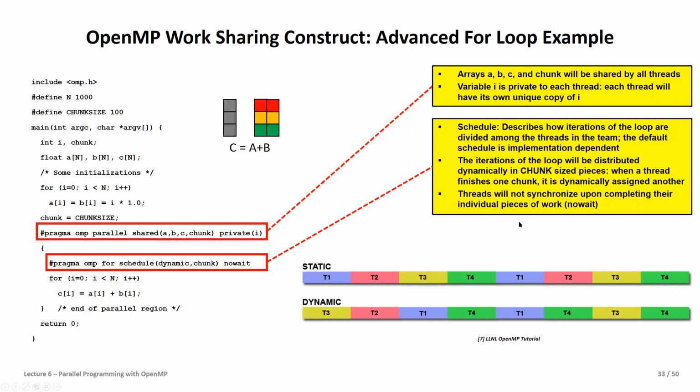Now, of course, there are some fine tunings that you can do. If you think about it, some threads might be ready faster than others. You can have different schedules, as we call that. So let's move on and look into this a little bit more in an advanced for loop example, where you have